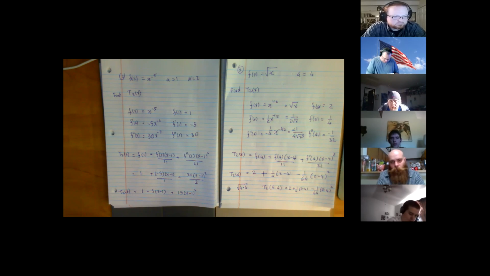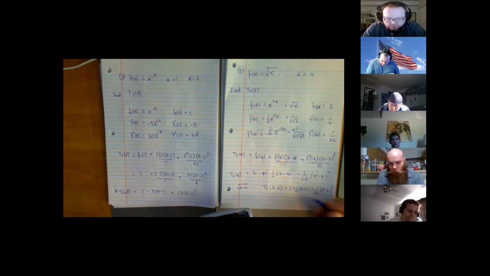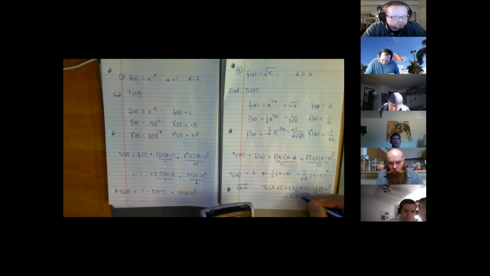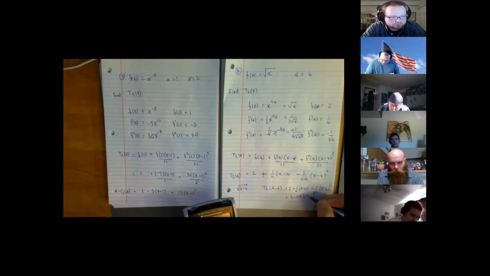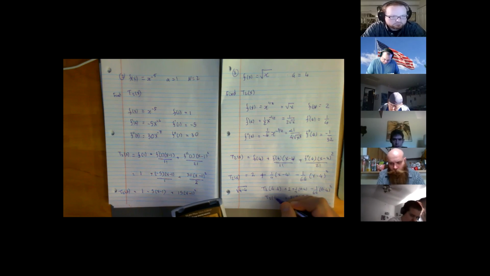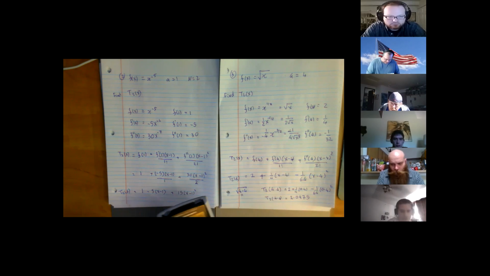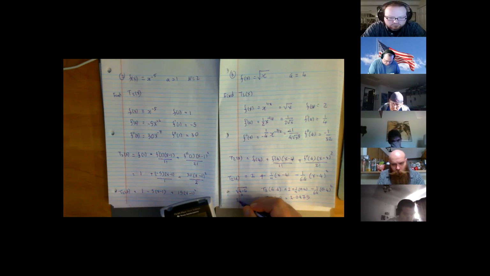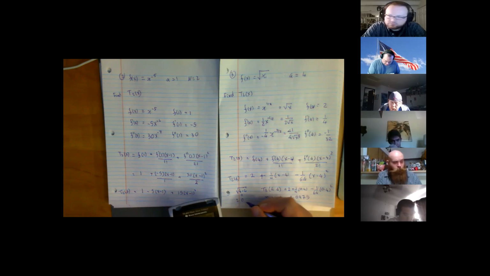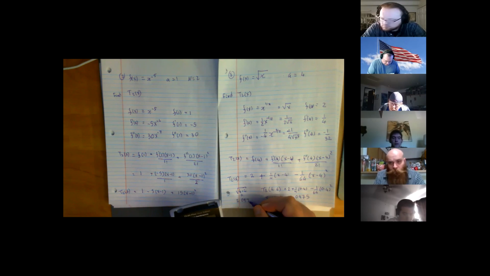So I have 2 plus 0.1, take away 0.4 squared divided by 64, and it looks like I get the answer 2.0975. Okay, that's what my T2 tells me it is. If I go to the calculator and do the square root of 4.4, I get the answer 2.0976. That's pretty good.